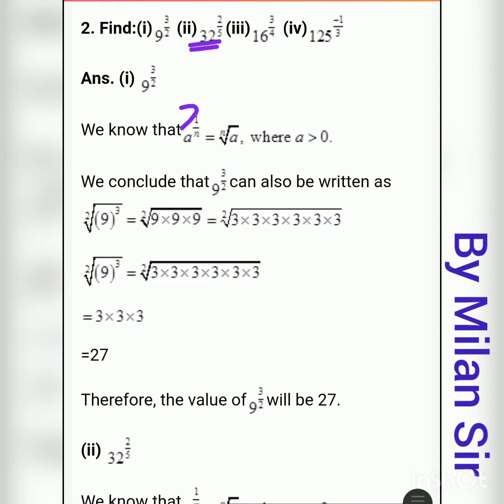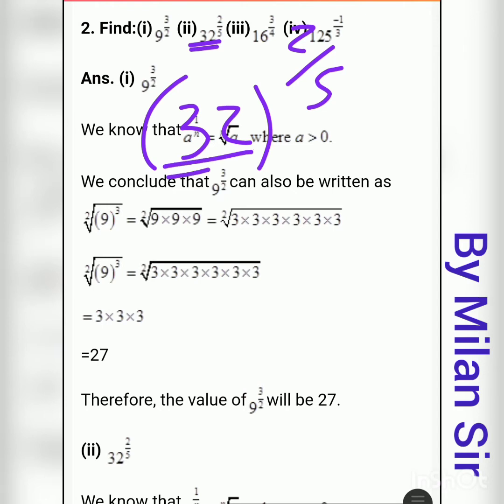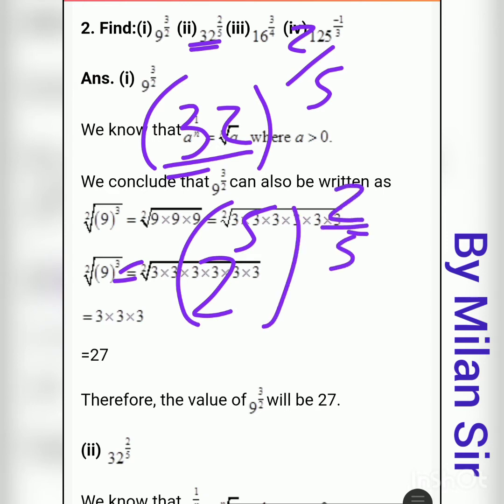Here we have 32 raised to 2 by 5. Again, in a similar way, in place of 32, we can write 2 raised to 5, right? And 2 by 5 exponent. Here we do not need to cut this 2 with 2. 2 by 5 is an exponent and 2 is the base. Here we only need to multiply the exponents. Here we have 5 and here we have 2 by 5. So we need to multiply this exponent only. We cannot cut with the base.